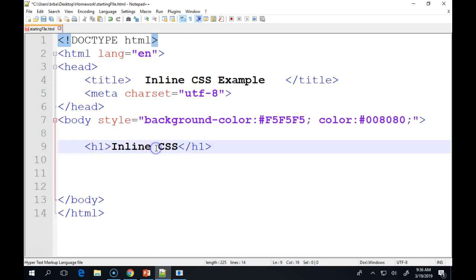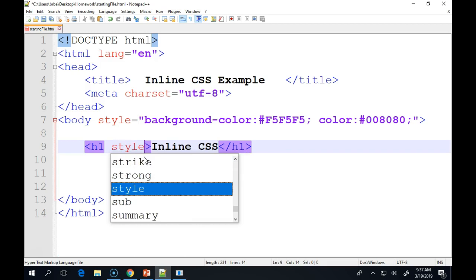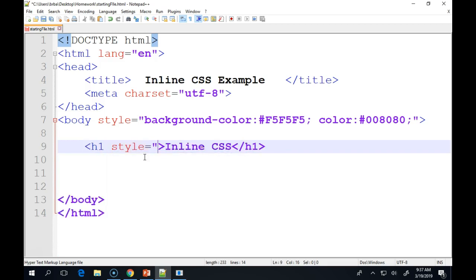So this is how it would have looked last week if we were making it. It would have been just a basic H1. Now we want to stylize this particular heading 1. So in that opening tag, we're going to write style equals, and then in quotes, background-color,